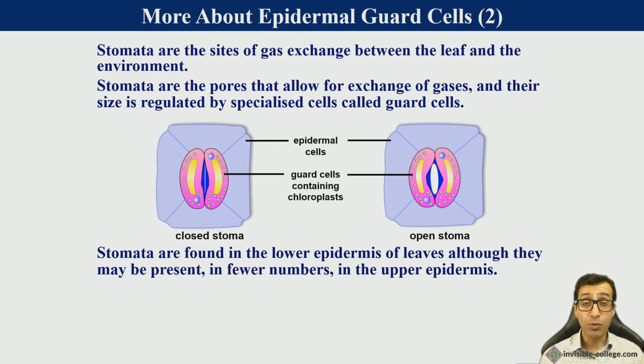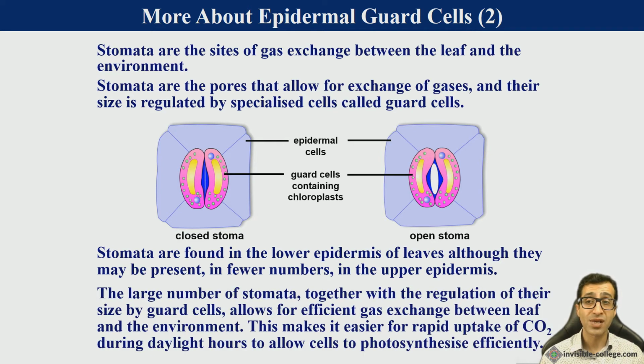Now, the large number of the stomata, together with the regulation of their size by the guard cells, allows for the efficient gas exchange, the exchange of oxygen from the internal compartment of the leaf to the external atmosphere, and the diffusion of carbon dioxide in the opposite direction from the atmosphere into the leaf, where it can